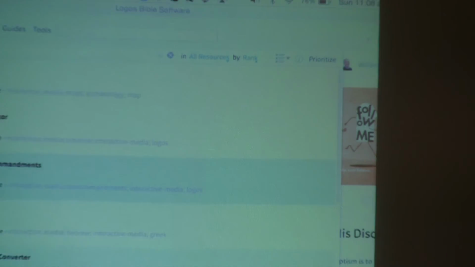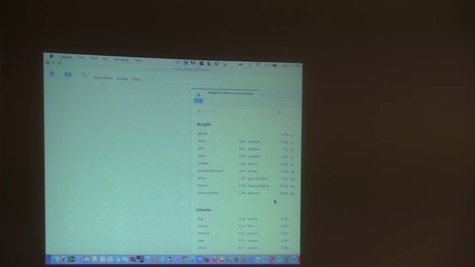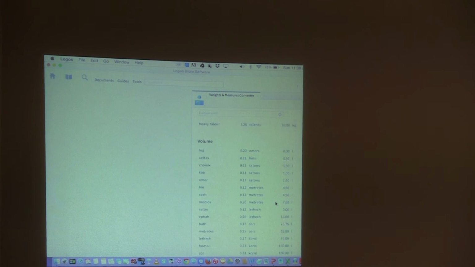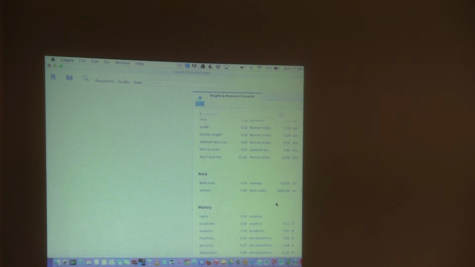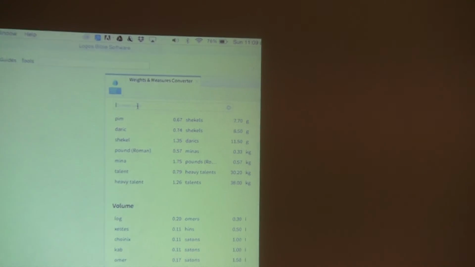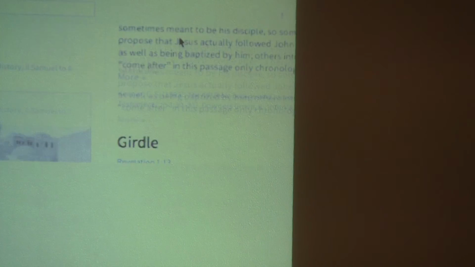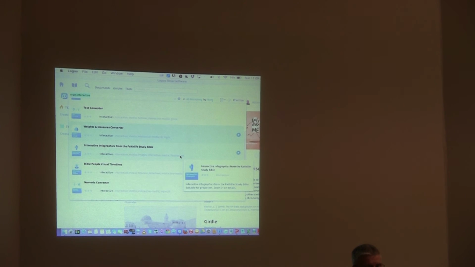Here's a weights and measures one for if you want to convert weight, volume into biblical, gallons, length, area, money. And then you can actually type in the unit up here if you want. So that's kind of a nice tool. Then we have, let's see what this infographic,